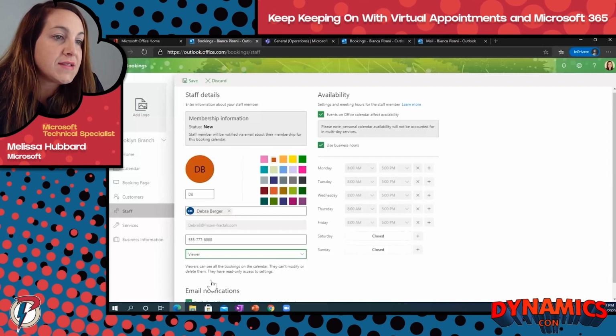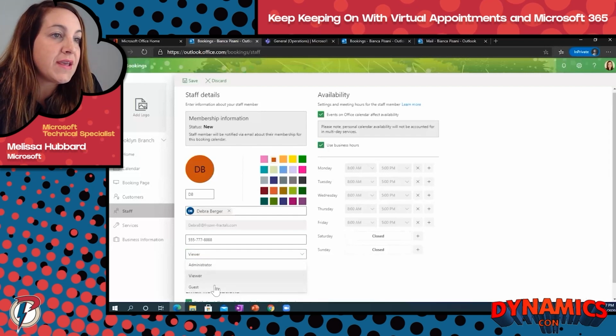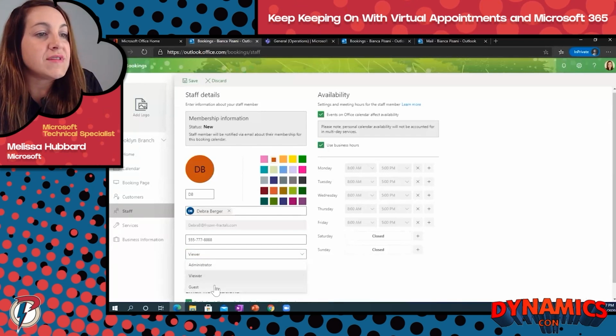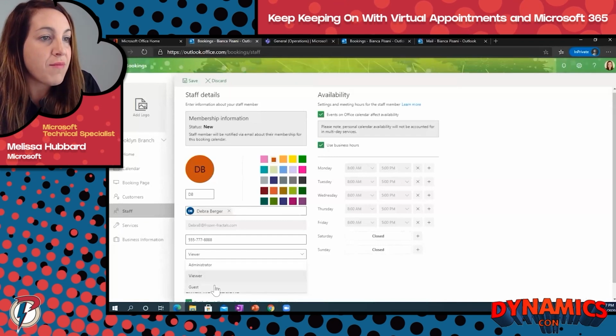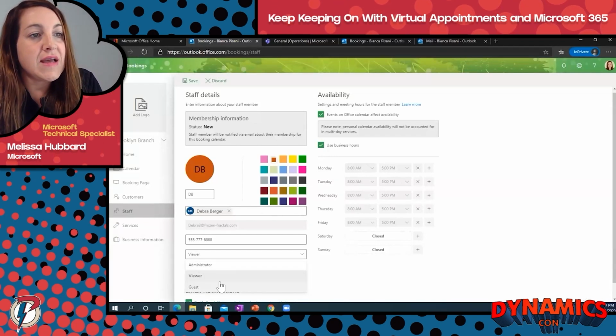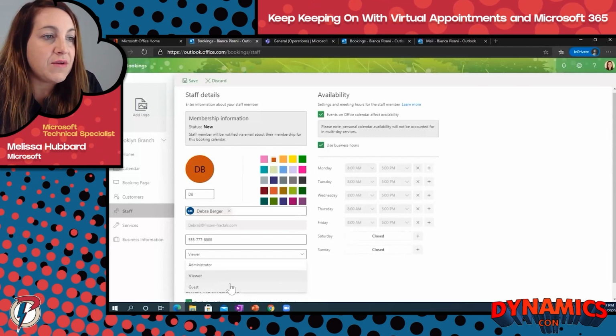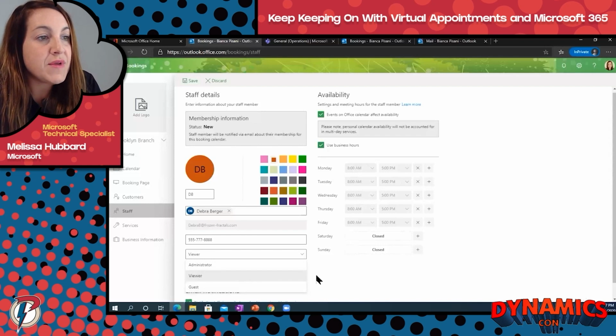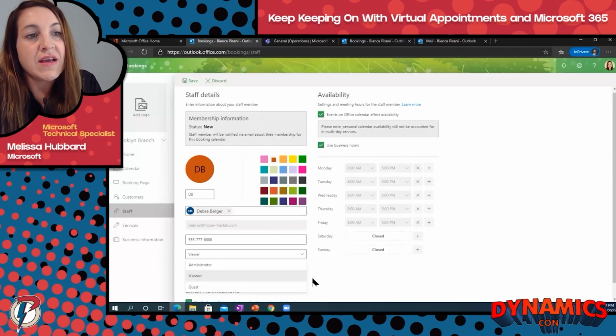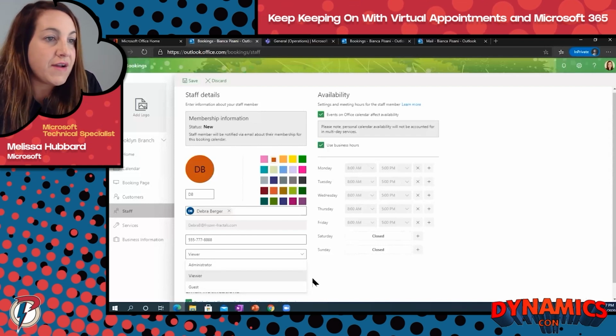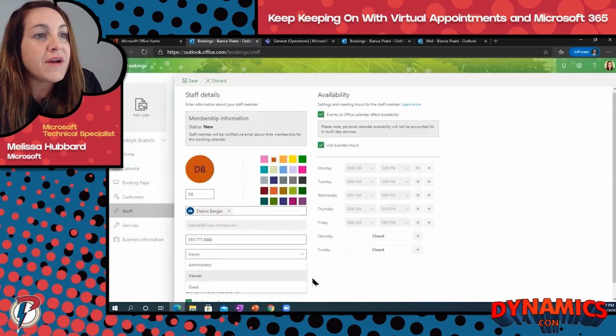You might have noticed a guest right here. So you actually can have someone who is a guest in your environment added as a staff member. The thing is that if you do that, you're going to be missing some of the core functionality when it comes to booking them and management on the calendar, because they won't have an Office 365 calendar in your environment.